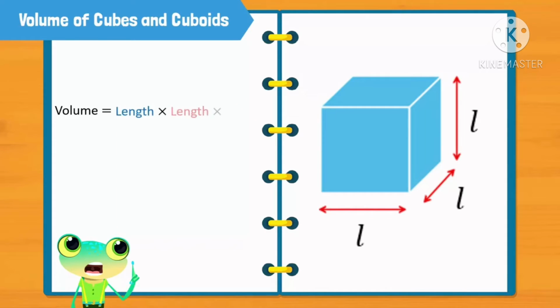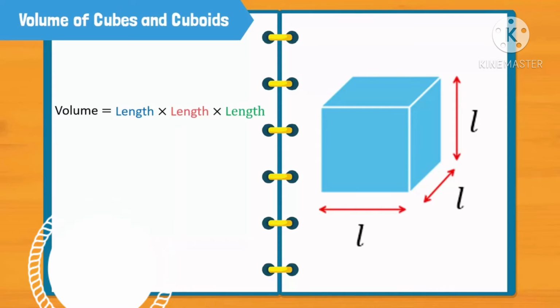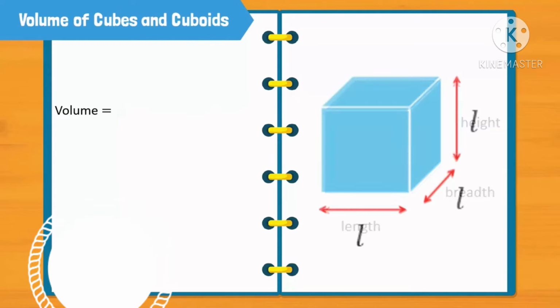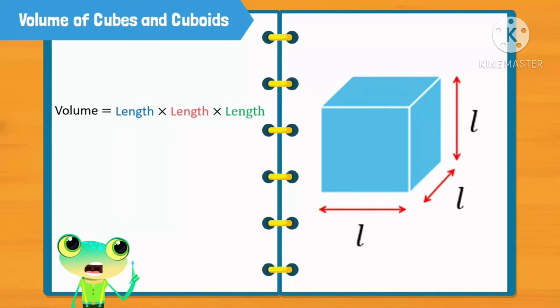And now let us discuss volume of cube. We all know that a cube is a 3D object with all equal sides. And if we want to find volume of cube, then again by using area of the base into height, we will get length into length into length. Means volume of the cube is length cube, means side cube.